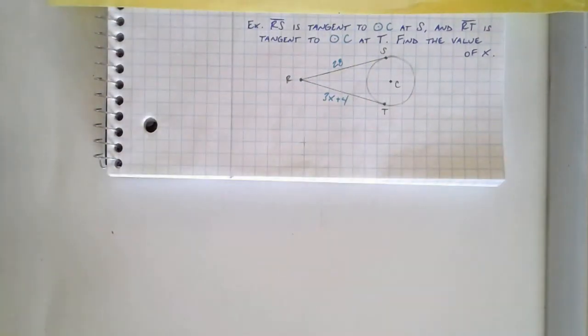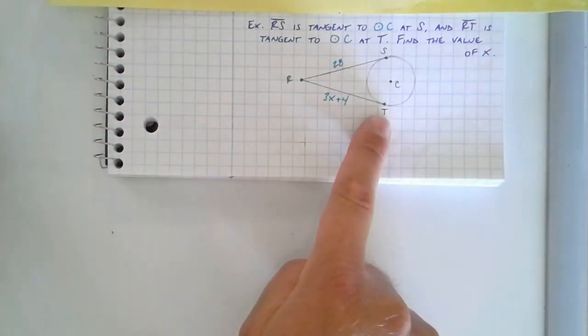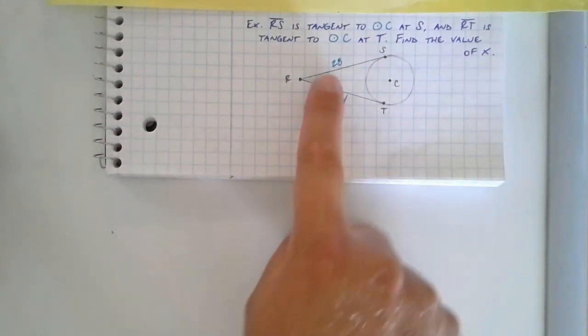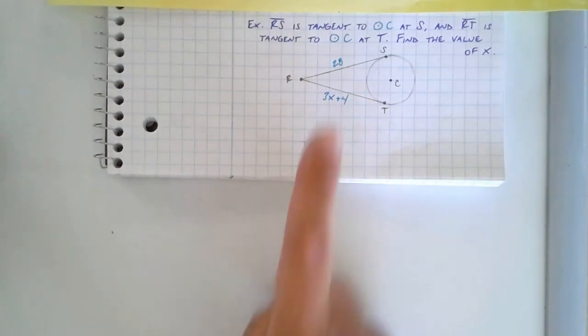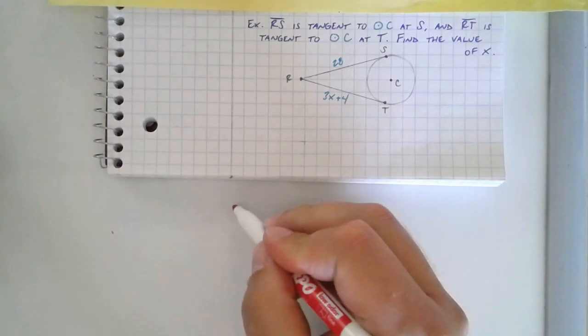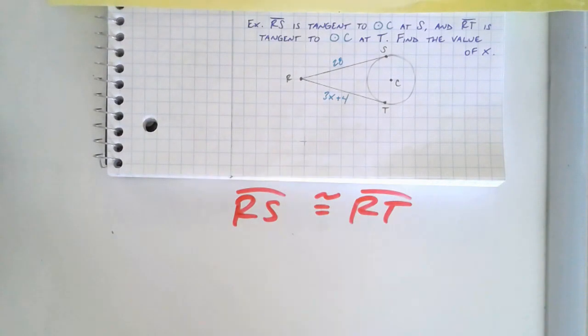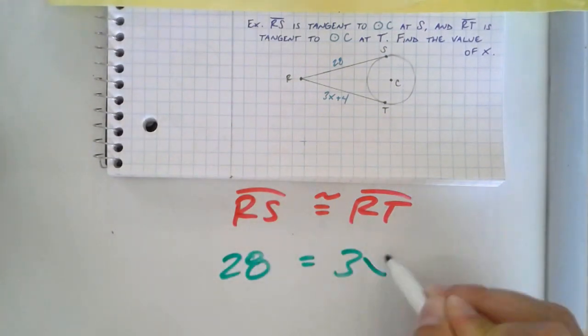And I'm just going to briefly talk through this because I've only got a few seconds left on my recording time. So let me just identify what's happening here. We're told that RS is tangent. We're told that RT is tangent. It's that common external point. The second theorem tells me anytime I see this, these two segments need to be congruent to each other. They need to have the same measurement. So fundamentally, geometrically, I'm left with this, that RS has to be congruent to RT because of that second theorem. And then because of that, I can set up the following equation. 28 has to equal 3x plus 4, and I can